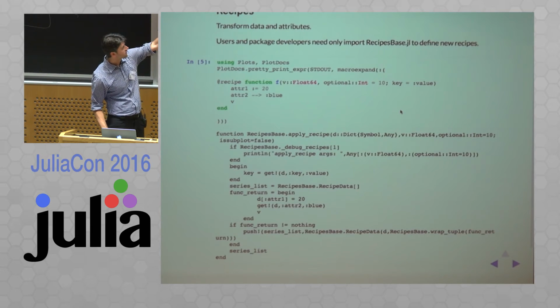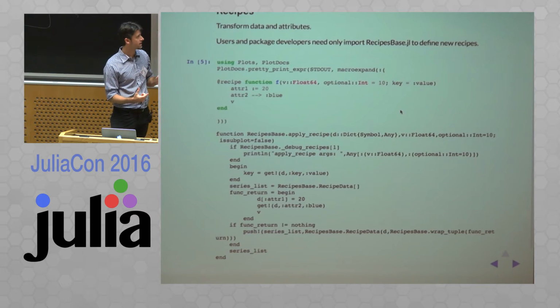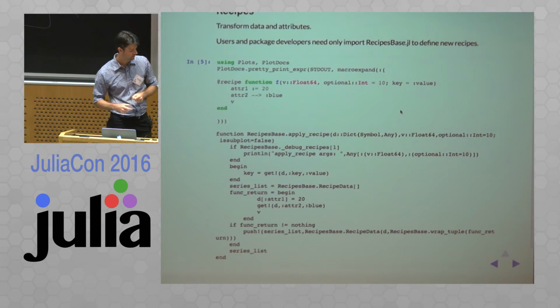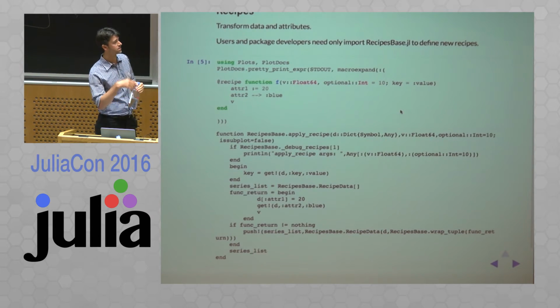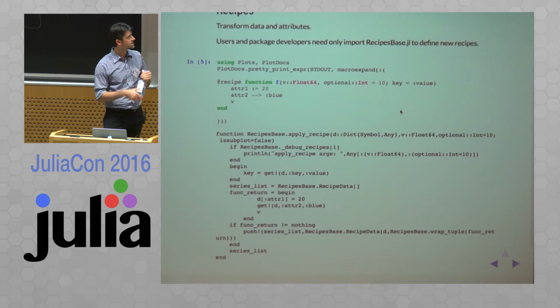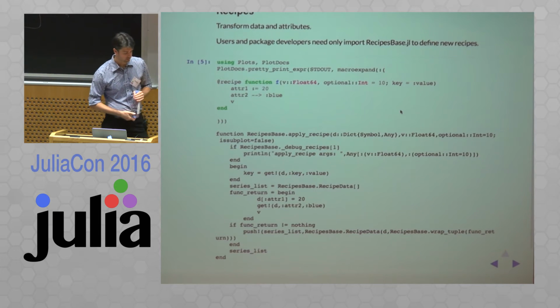And so what this is building under the hood, you can see at the bottom, is a list of these recipe data structs, and each recipe data has an attribute dictionary and the data, a tuple of the data that's going to be passed through. And so, as you'll see as you start playing with these, you can create many recipe data objects, and you do that with the series macro that I think I'll have an example of. I'm not sure,